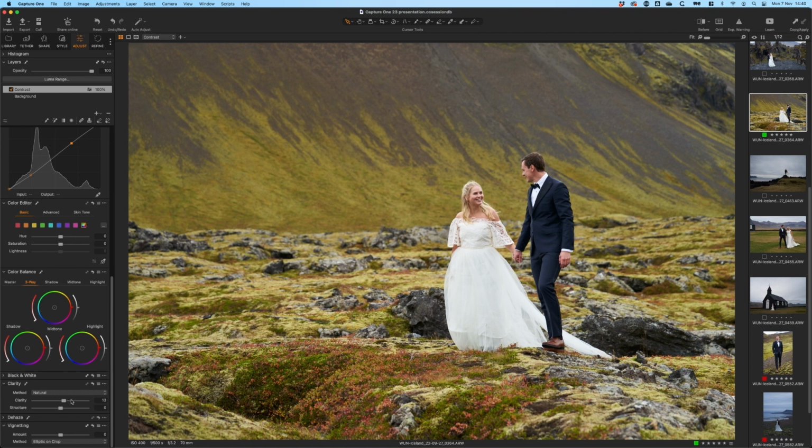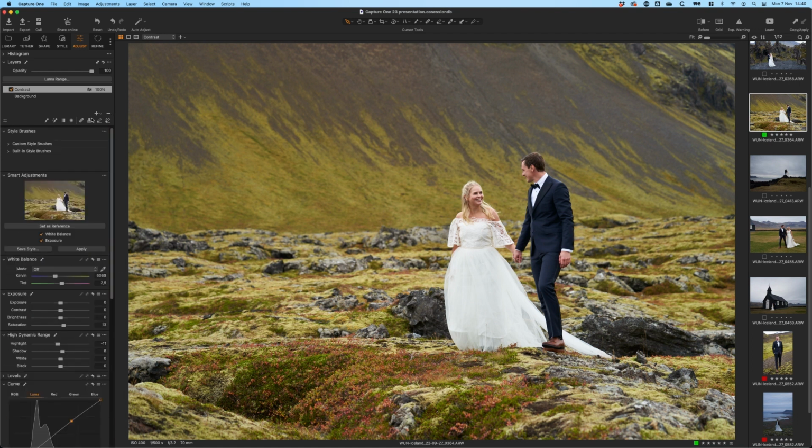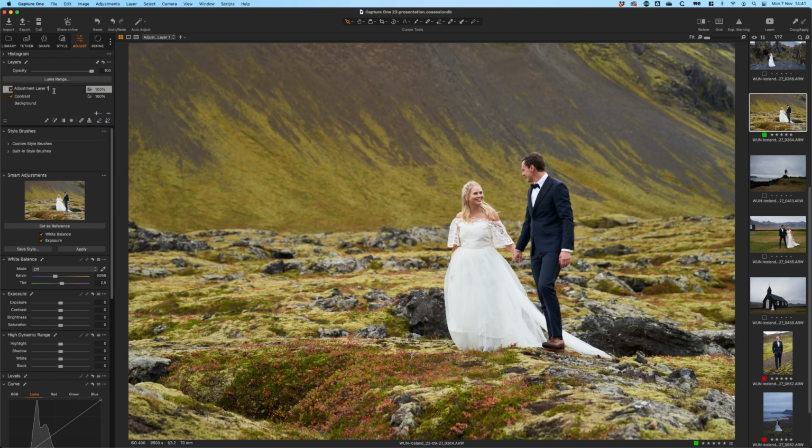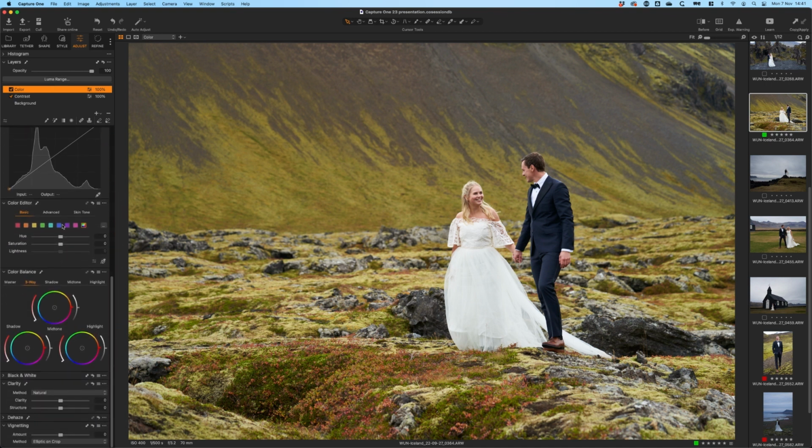Okay, this would be my basic background adjustments, and then I would be moving on to color adjustments. Instead of doing that on the same layer, I'm going to be creating a new filled adjustment layer. So if we see M, there is a mask covering everything. Here I'm going to be doing my color adjustments. And I'm just going to be doing some very simple tweaks, so saturating a little bit of the greens and just some color balance, where I'm going to be tinting the shadows a little bit cooler and the highlights a little bit warmer. Nothing too crazy, just something that we can reuse and that we can apply to the whole